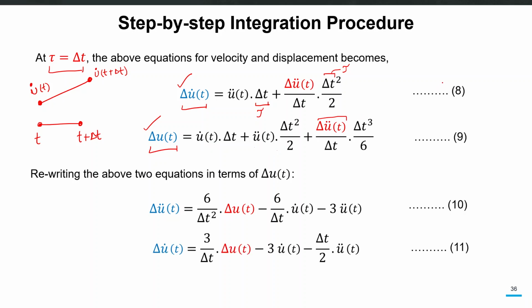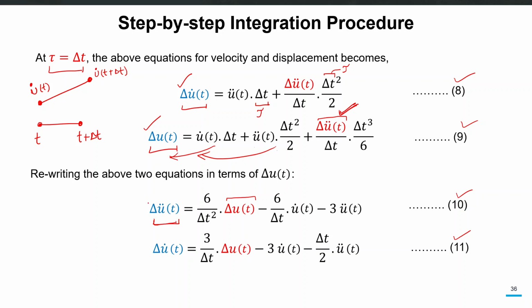So we can rearrange equations 8 and 9 to get a new form of these same equations, which is equation 10 and 11. Equation 10 is the same as equation 9, but now we have separated out this delta u dot dot of t, which is this one. We have written it on the left hand side of equation 10, and all of the terms we have taken to the right hand side. So now we have delta u dot dot as a function of delta u. All of the terms are taken on the other side of the equation, and we get equation 10. And I will tell you in a moment why we are doing this.